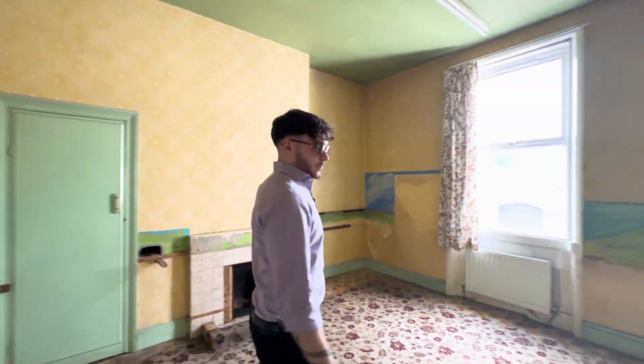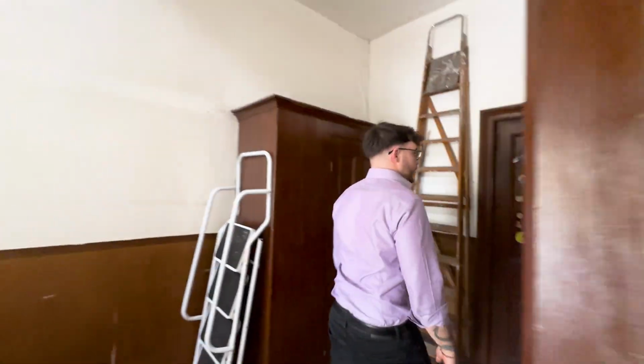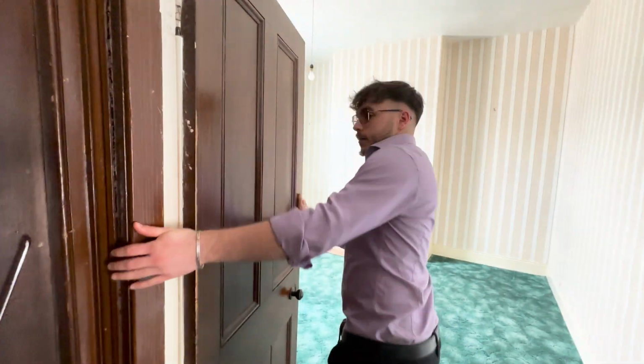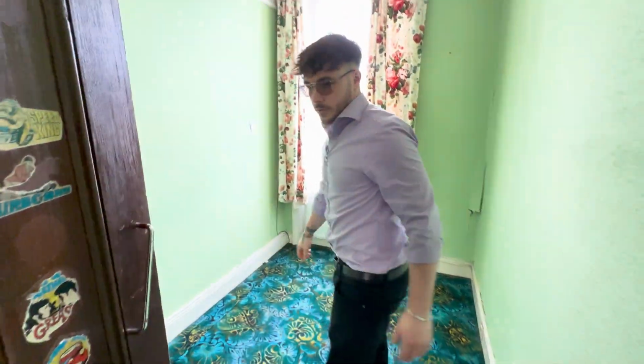Yeah, just a big property, good sized rooms. And what can we do layout wise? Another good room. Small box room. Okay, so we've got loads of space here though, so we can bring this room all the